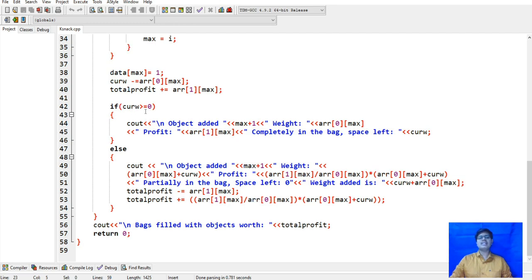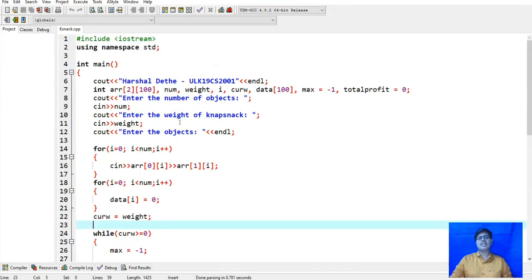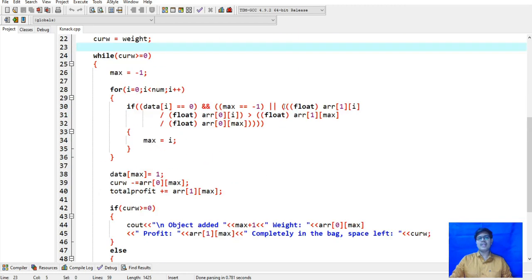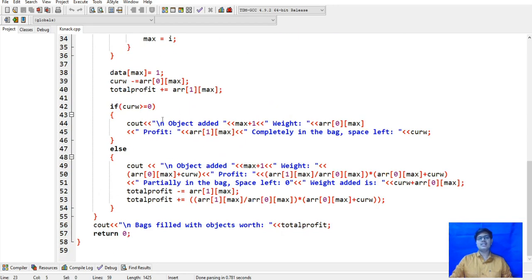Here the bag size is there, bag is less than or equal to 0, then it will print the objects added in the bag. It will print the weight of that bag, because here it will ask what is the bag's weight. Then it will print the weight, and the maximum plus 1, it will add each and every object one by one.